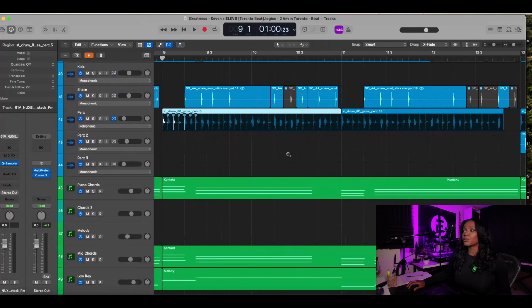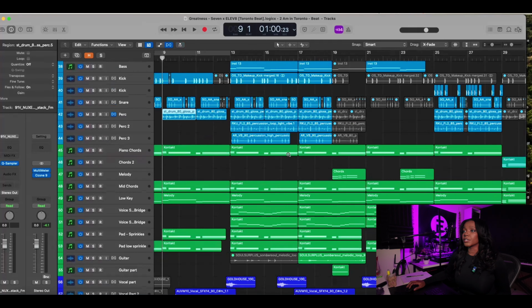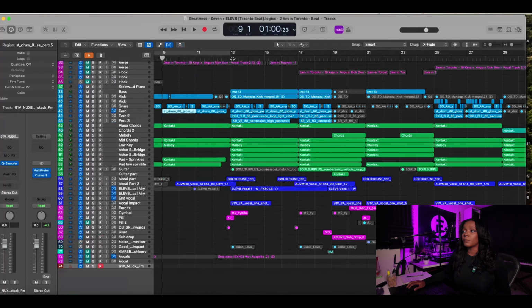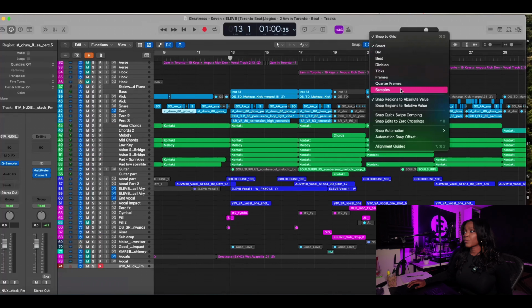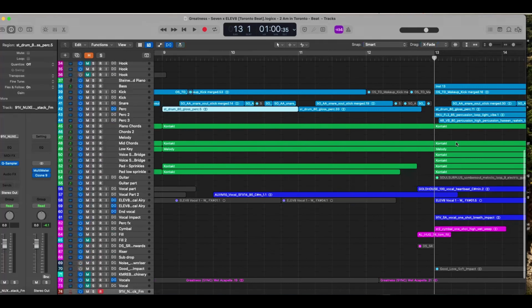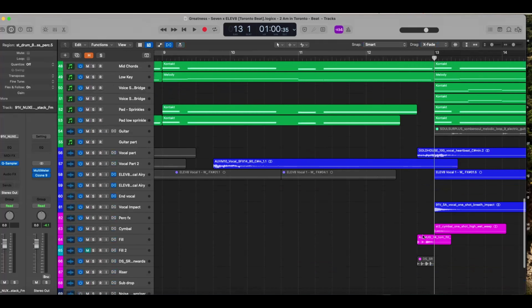Next tip I want to share with you guys is, I believe, very, very important, and I use it and need to add it and make sure it's on every time I'm creating, is the snap to absolute value. And that's basically in this section where you see snap. Most of the time it's snap to regions to relative value. That's kind of like the default, but I always click absolute value, because sometimes when I'm, let's say, like ending